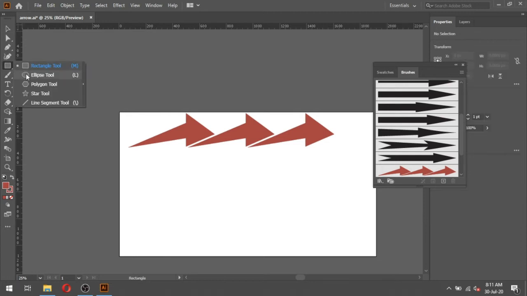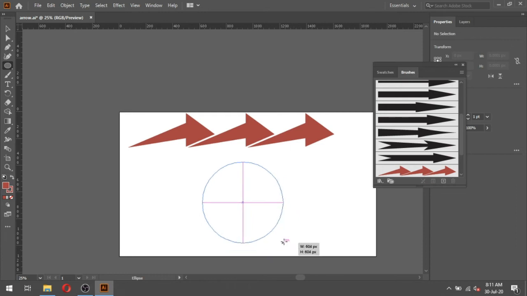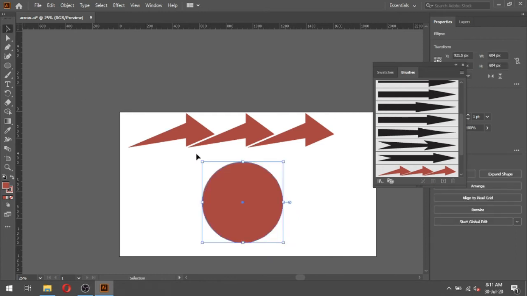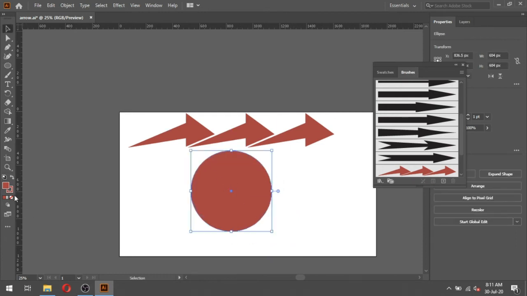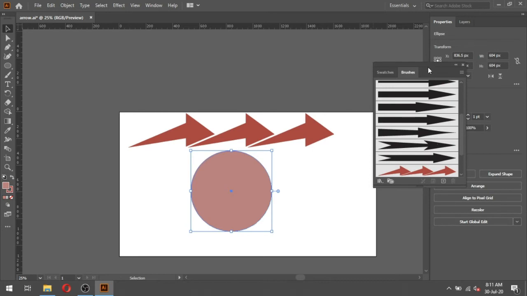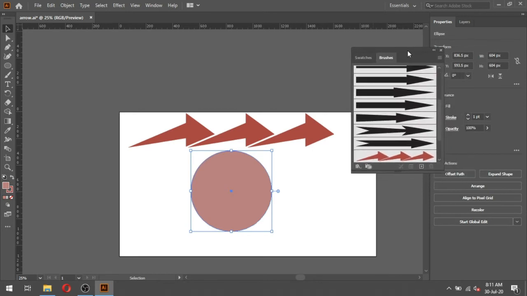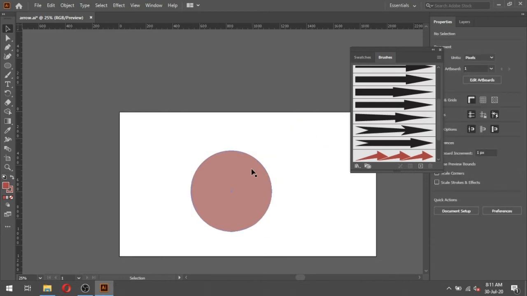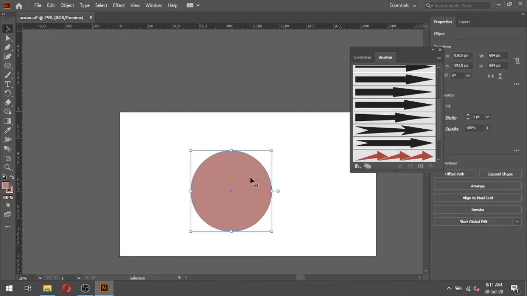Now create a circle. Change the color. Now delete this one. Select the circle and apply the brush.